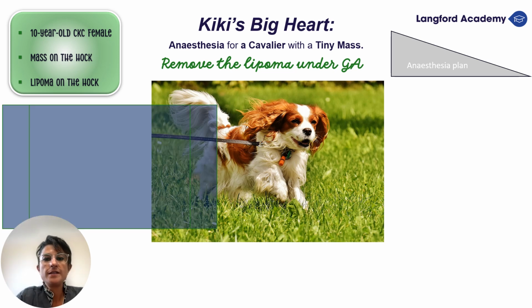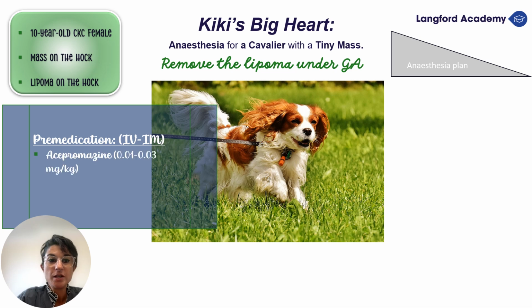So in terms of anesthesia plan, for the premedication of this patient, as we said before, he might be quite anxious, so you might want to consider giving an IM injection, and you can give acepromazine at 0.01 to 0.03 mg per kilo, mixed with buprenorphine at 0.03 mg per kilo. So why those two drugs? They have pretty much the same duration of action and onset, and